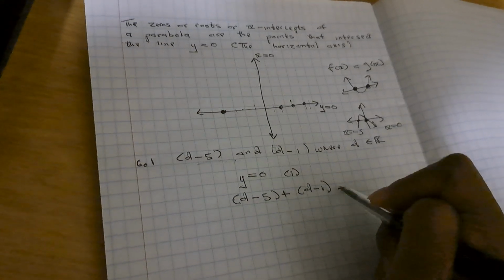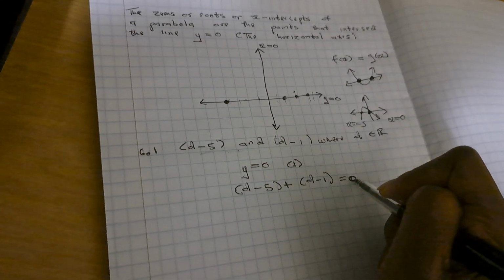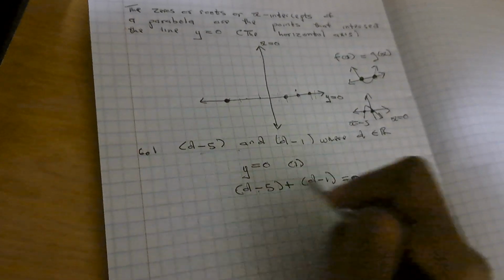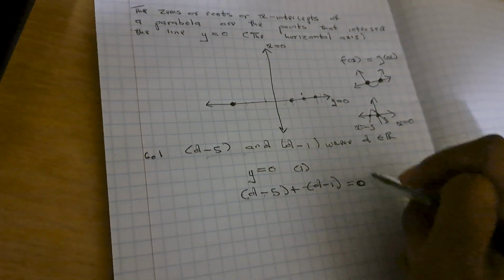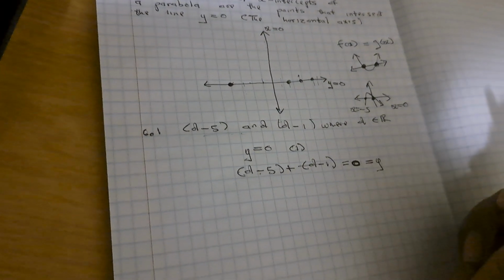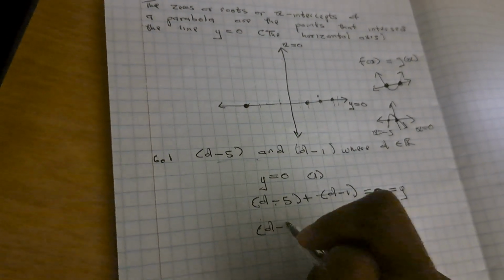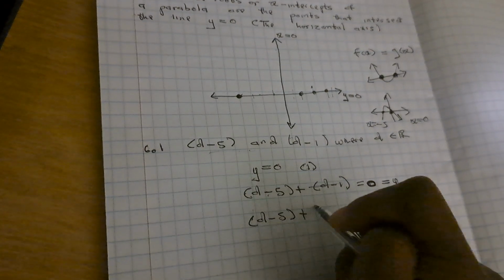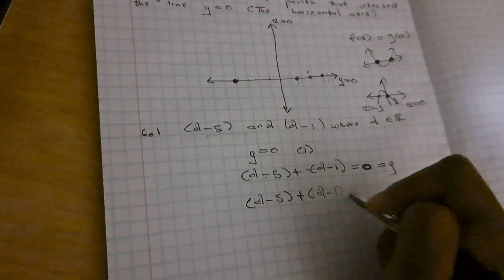So we'll say equal to 0 right here. Why? Because your x-intercepts actually touch the x-axis. So your x-intercepts are actually equal to 0, or equal to y. But y is not convenient because y is the same thing as 0. So we'll say your d minus 5 plus your d minus 1 is equal to